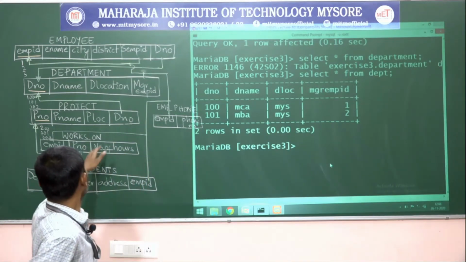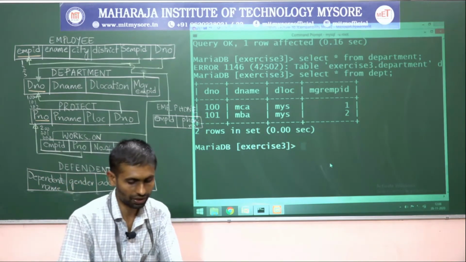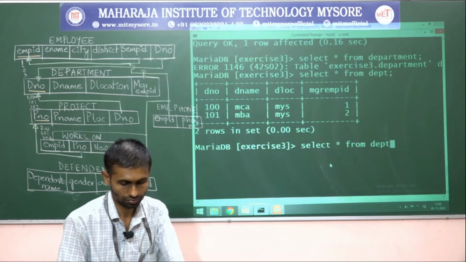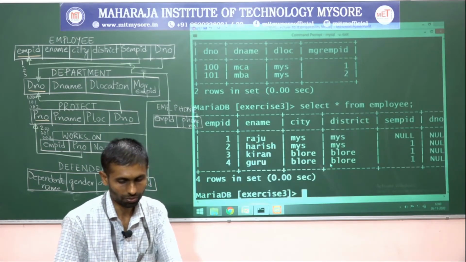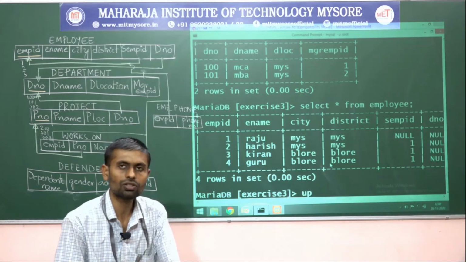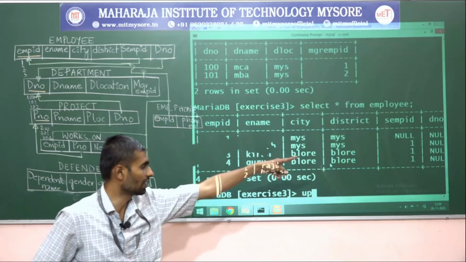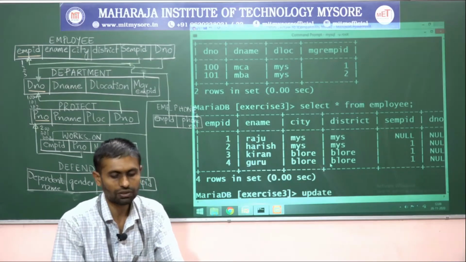So next we will go with adding a row for a project, where the employee table will be updated with some department. So how to update a value? If I want to change the content of a table, that means the actual value there, null, I want to update it with some other value, at that time make use of what?